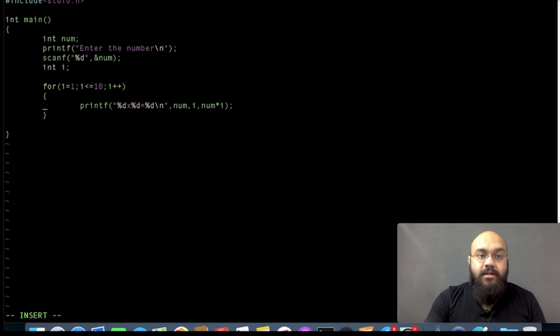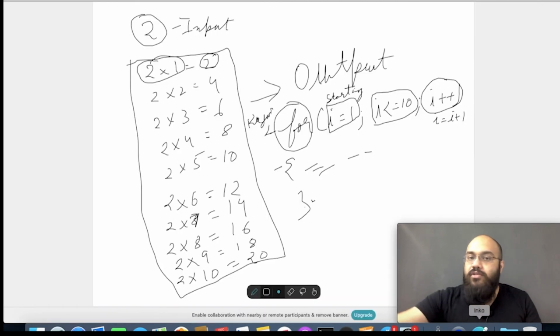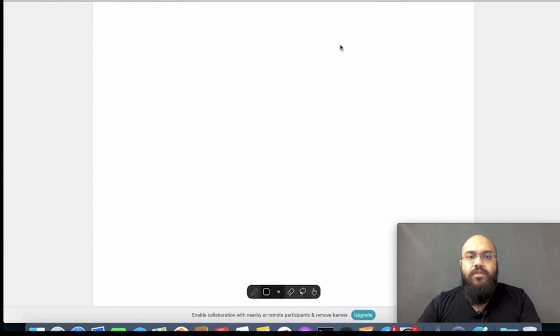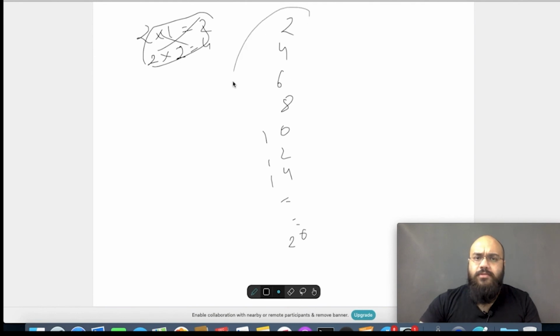Yes, very simple. Instead of doing all this, this is the for loop for the multiplication table that we've written. But you want to print something like that. I'm telling you this just to show you another use of the for loop. Okay, we want to print this. This is going to be our output. Let me just delete this. So we just want this as an output. Instead of writing 2 into 1 is equal to 2, 2 into 2 is equal to 4, we don't want this. We want 2, 4, 6, 8, 10, 12, 14 till 20. Simple. This is the output.